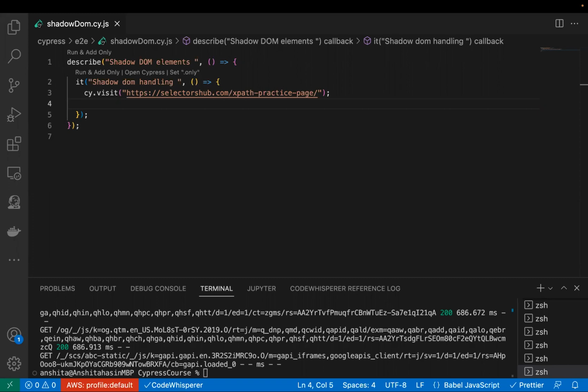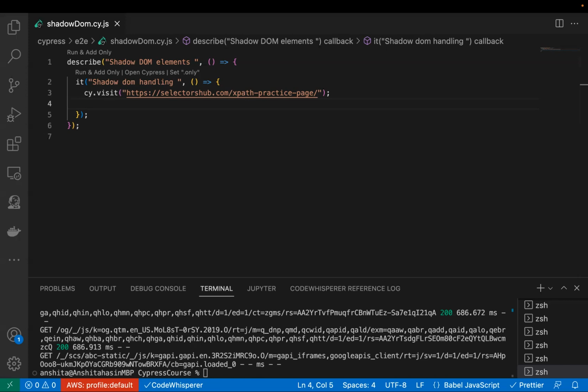By regular DOM, I mean if you open your page and inspect the element, you see the DOM element. That is your regular DOM. Inside that, if you want to attach some hidden DOM, you can use shadow DOM for that. In short, shadow DOM is a DOM within a DOM, and it allows the web browser to render the DOM elements without pulling them into the main page DOM.